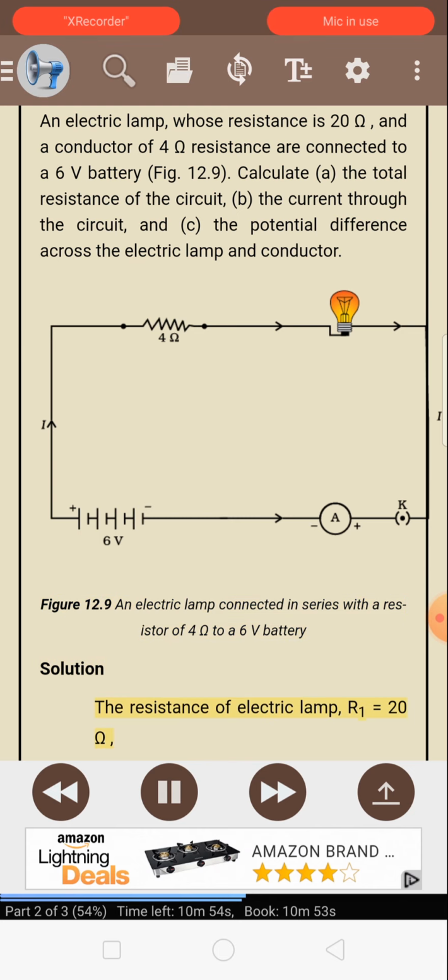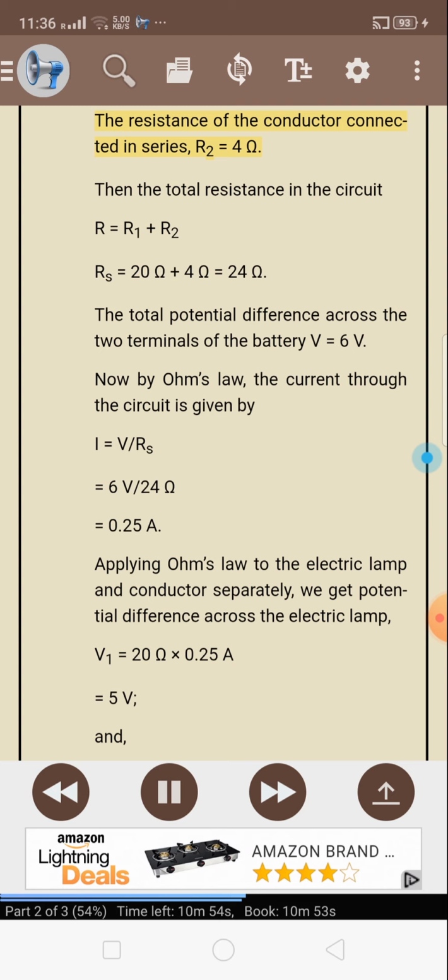Solution. The resistance of the electric lamp, R1, equals 20 ohms. The resistance of the conductor connected in series, R2, equals 4 ohms. Then the total resistance in the circuit, Rs equals R1 plus R2, equals 20 ohms plus 4 ohms, equals 24 ohms. The total potential difference across the two terminals of the battery, V, equals 6 V. Now by Ohm's law, the current through the circuit is given by I equals V over Rs, equals 6 volts over 24 ohms,